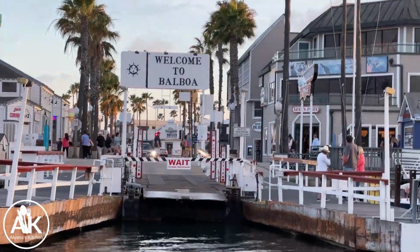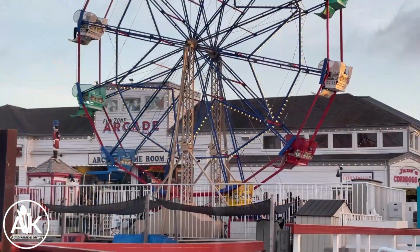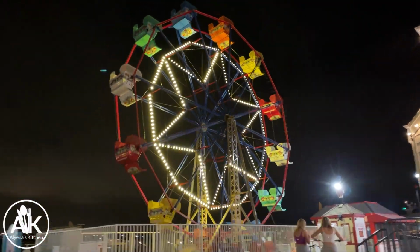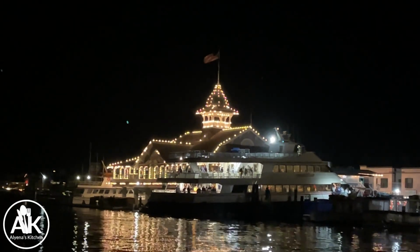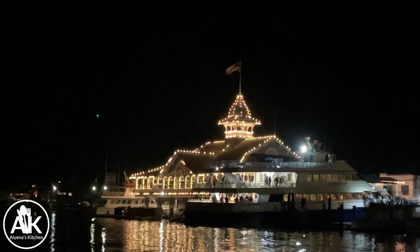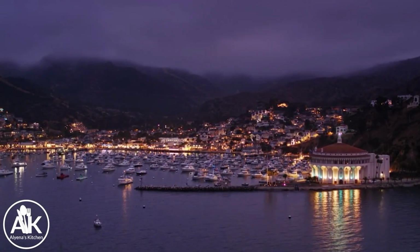If you have kids or like amusement parks, the iconic Fun Zone is a great place to visit. And right next door is the historic Balboa Pavilion, where you can rent boats, book harbor cruises, or take a high-speed catamaran to